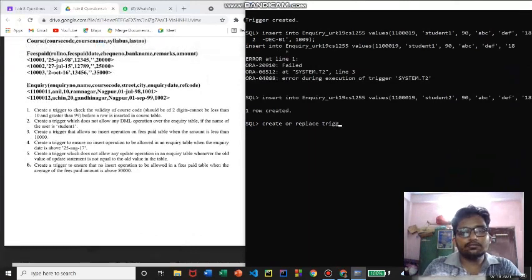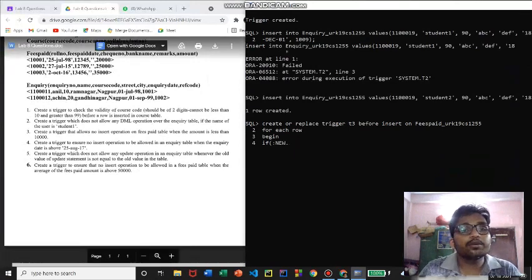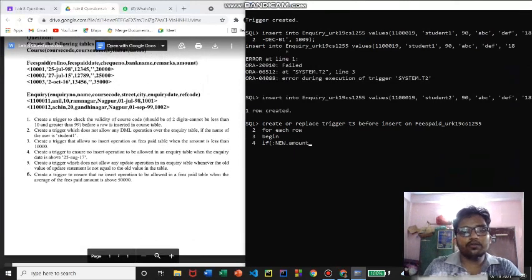Create or replace trigger T3 before insert on fees paid for each row begin if new dot amount, the attribute name here is amount, is less than 10,000, we need to raise an error.